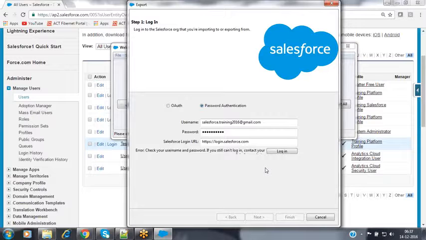Then at that time, how can we identify whether you are the right person or not? Might be you got these credentials some different way. So Salesforce needs your identity, whether you are the right person to log into this Salesforce instance. For that, along with the password, we have to provide your security token also.